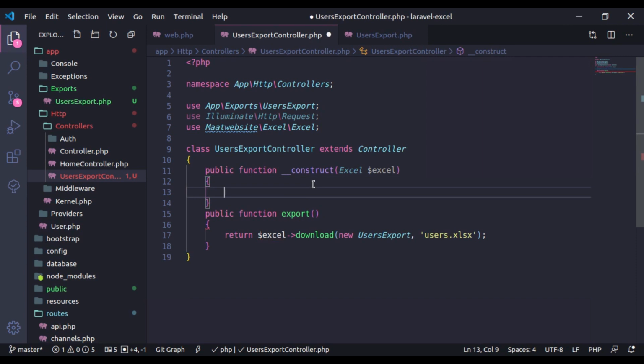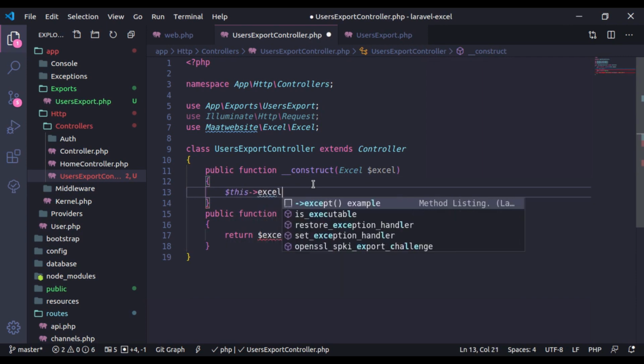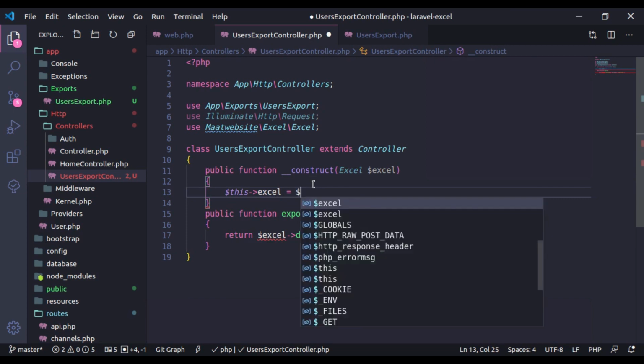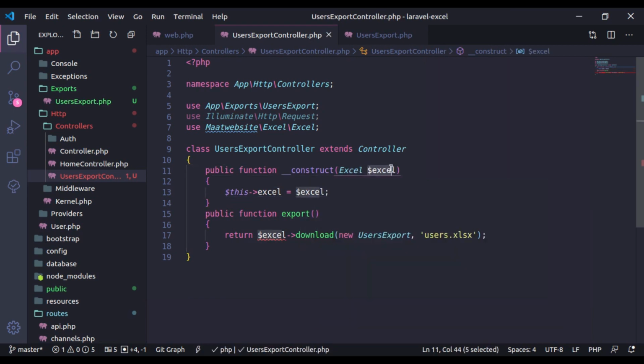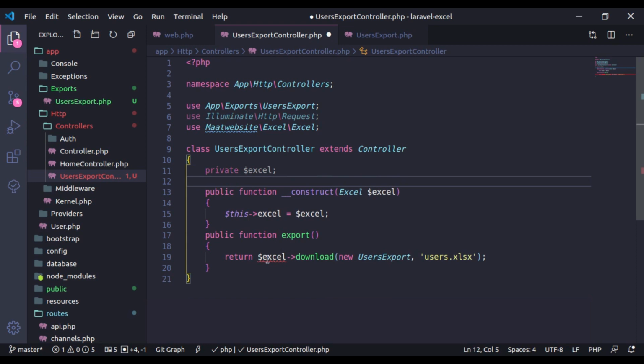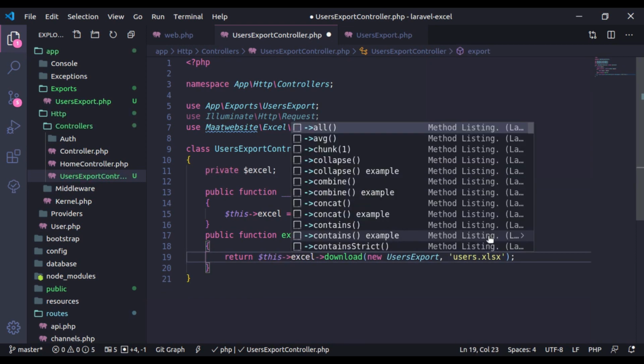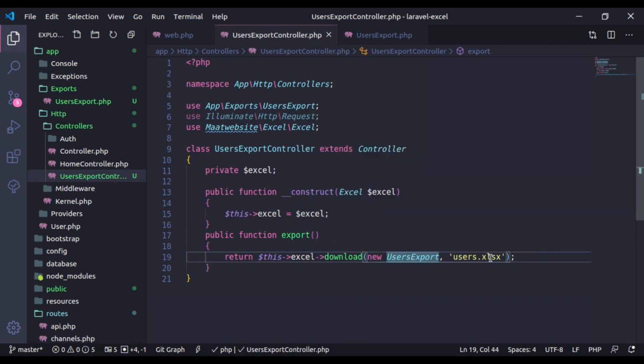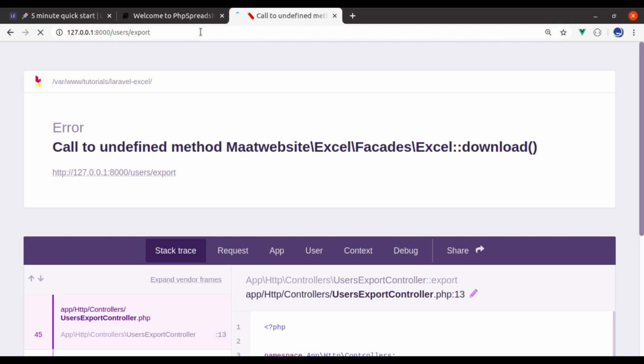And next here I'll say $this->Excel is equal to $Excel, this Excel right here, and here I'll define private $Excel. Next in this export function we will say $this->Excel->download user export class, and let's go to browser, hit enter,